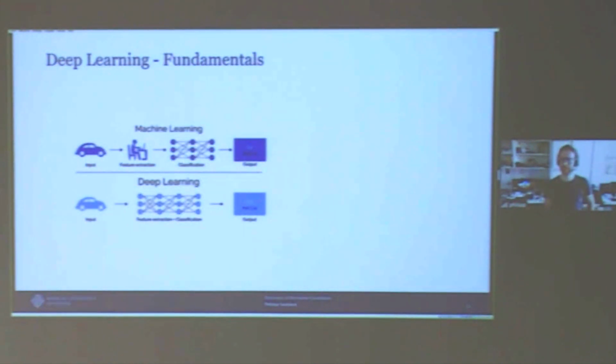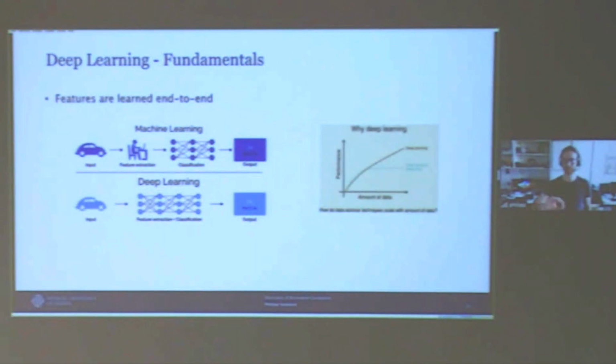So what is the difference between machine learning and deep learning? Boiled down to the most basic thing, you get rid of this feature extraction part. Instead, deep learning networks are able to learn directly from the input the relevant features for a specific task, and this is why they are also so powerful, because as long as you have enough labels and enough data, which is also illustrated in this graph here on the right-hand side, you usually always outperform the traditional machine learning approaches.